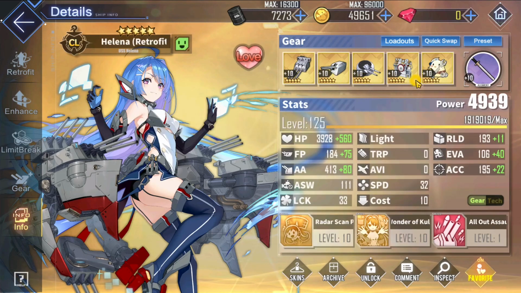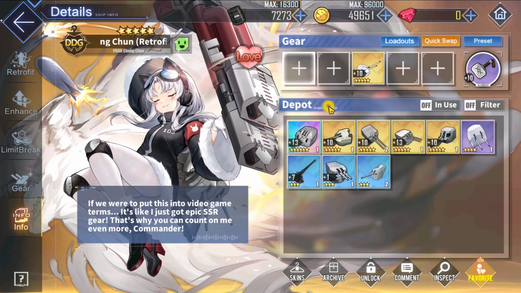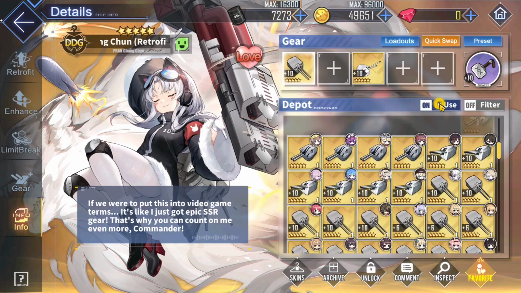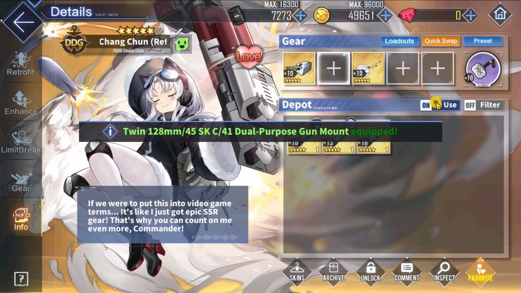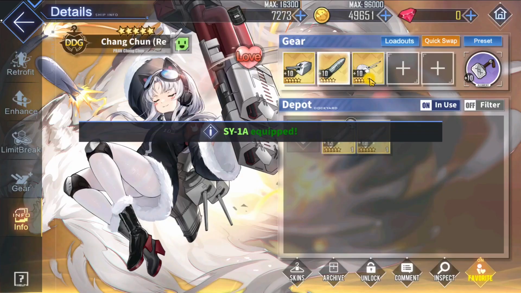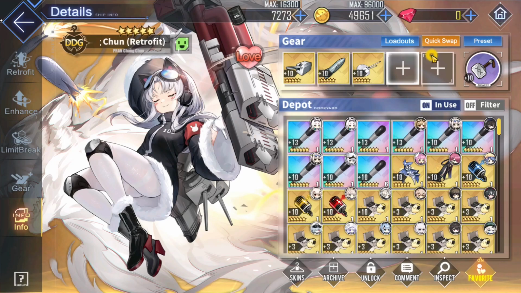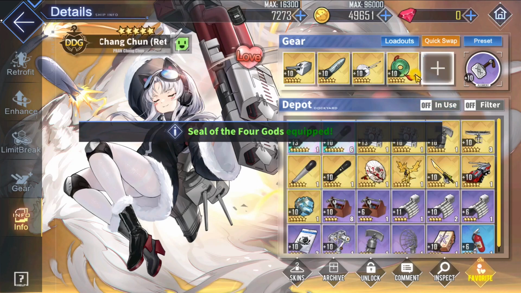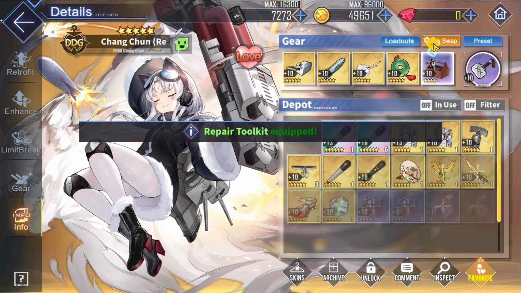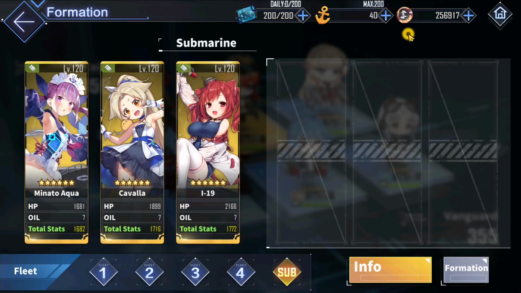These are basic gear. I'm not going to explain everything because this is an Arbiter guide, not a gear guide. We just got this missile for free, and it's basically better than the old missile, so use it. And DDGs all want this seal. So that's Fleet 1's gear, and submarines,